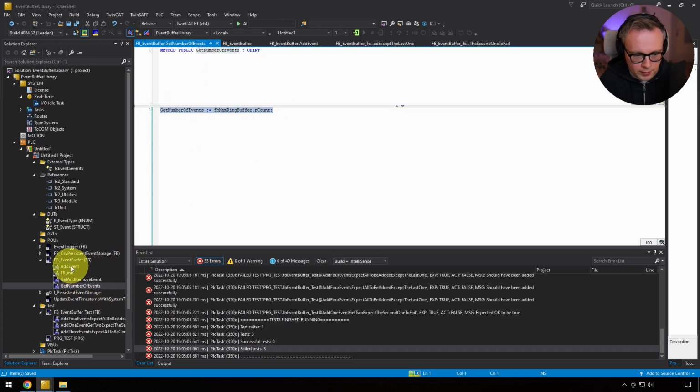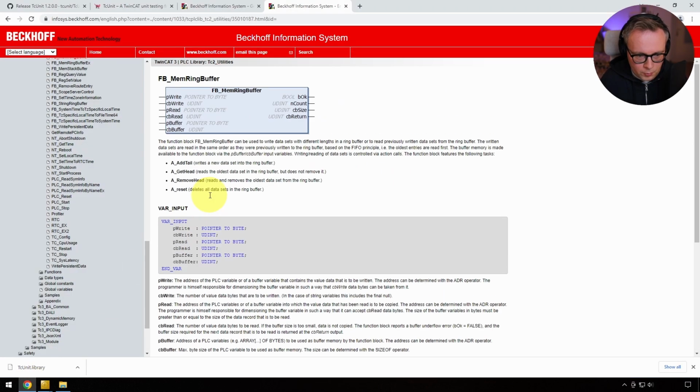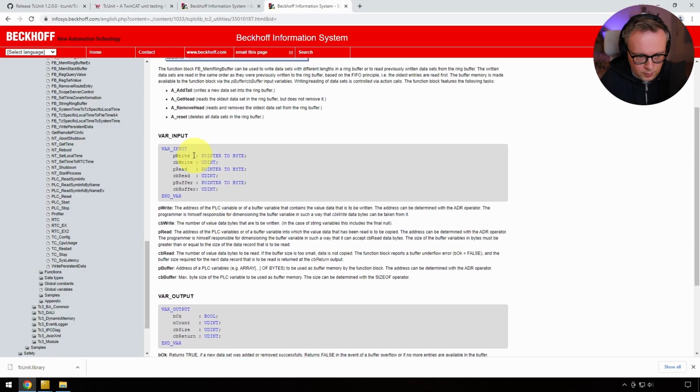The next one is AddEvent. For AddEvent, we're gonna call FB_MemRingBuffer AddTail. And what did AddTail want? It always wants all of these.